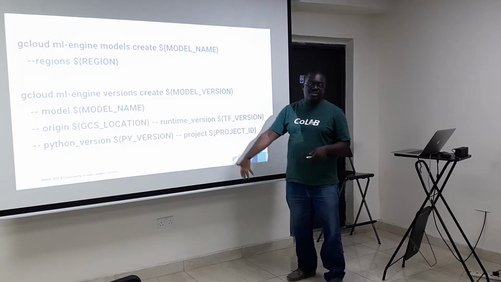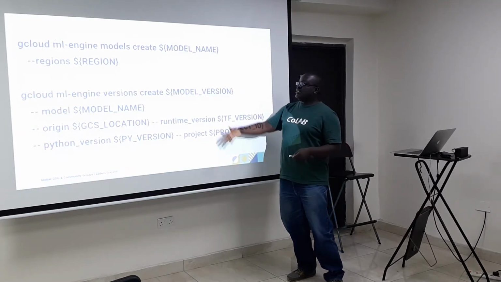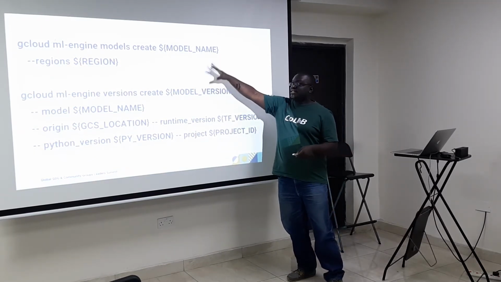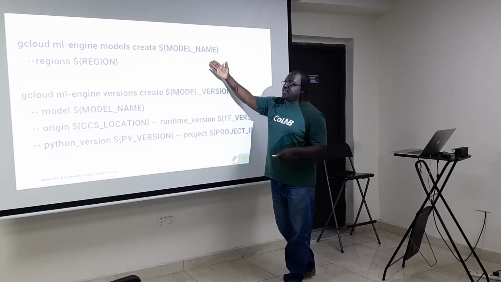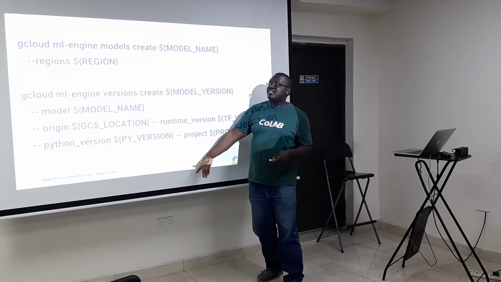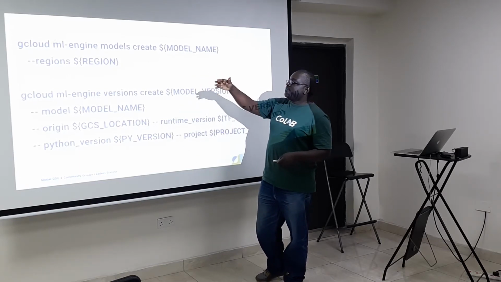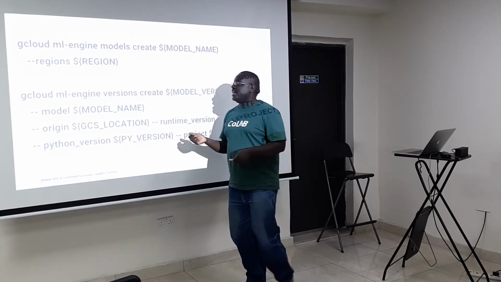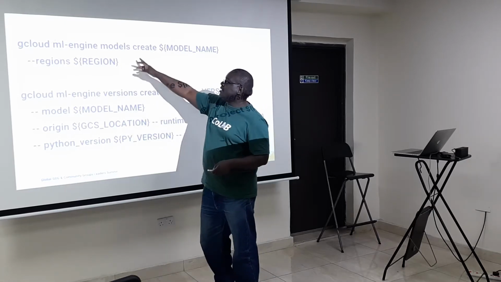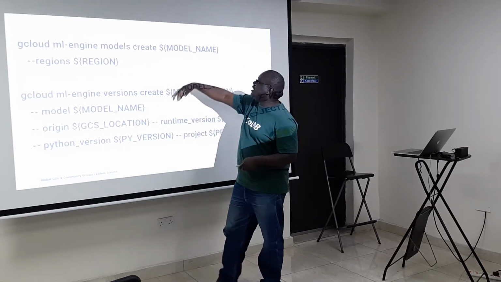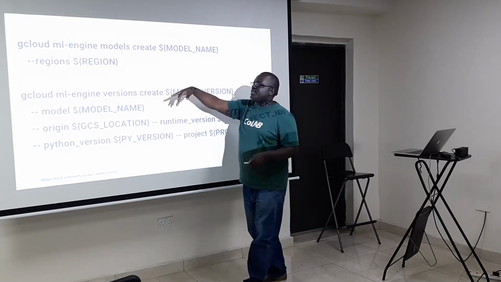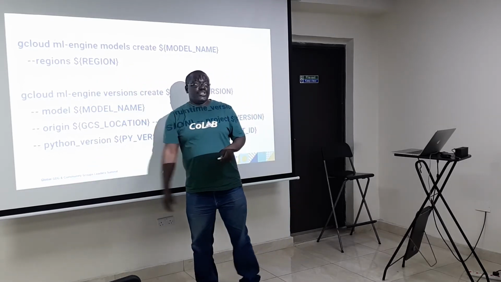Again, you can do deployment using the CLI, which is easy. You don't need to cram this, for instance. It's there in the docs, it's here on the slides. This is actually correct. So the first thing you do is create a machine learning engine model. This is the command for that. You give the model a name, you specify the region where you want it created.